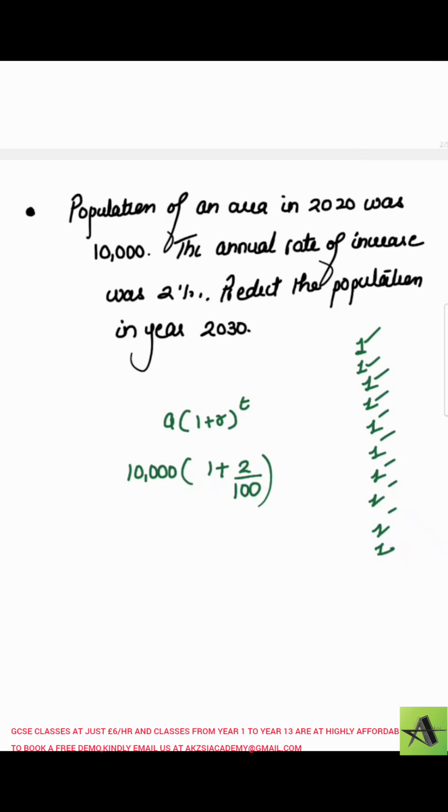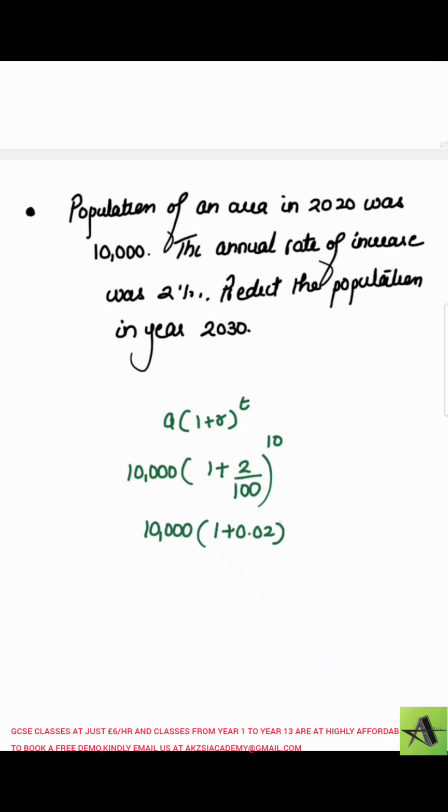That means in 2030 it will be the complete 10 years, so it's going to be 10 up there. So 10,000 times 1 plus 0.02, whole to the power of 10, which is 10,000 times 1.02 to the power of 10, and when we multiply it, we'll get the answer as